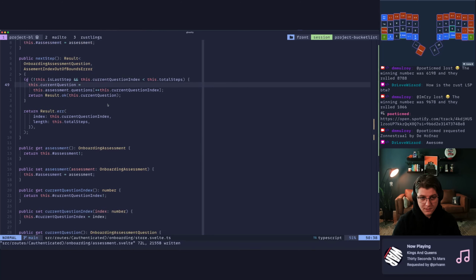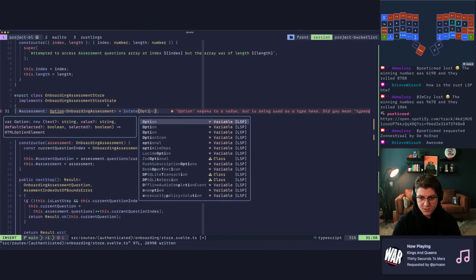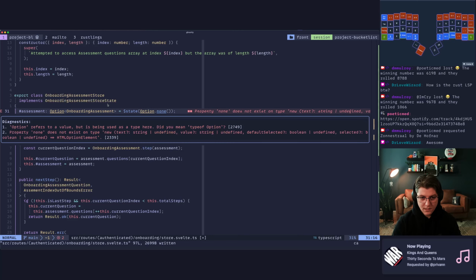So what we really want to do is change at least this to an option. Whoops, that was the wrong button. Delete to there. And this is going to be option.none. And then we have to import that.